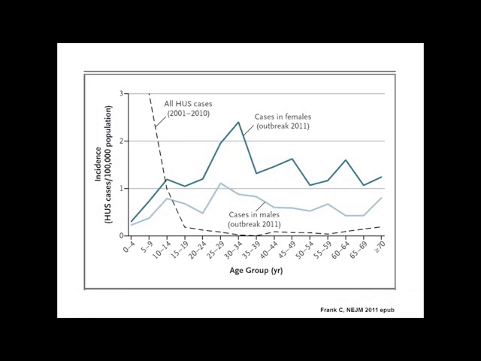In the German outbreak, there are several features that were different from the features previously seen with E. coli STEC types. And you can see in the dotted line, most of the outbreaks in previous years have been seen in younger individuals, like case 1 that I presented. In the German outbreak, seen here in the blue lines, most of the cases occurred in adults. They were mainly in females compared to males, with a median age in the 30s.